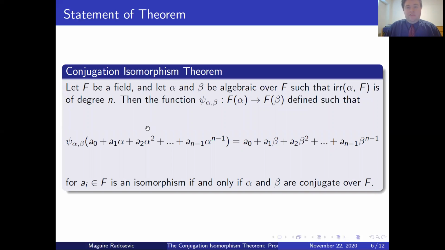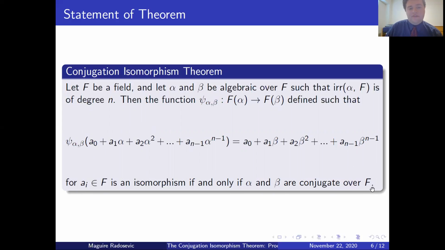Now here is the statement of the conjugation isomorphism theorem in its simplest terms. We have F that is a field, and we have alpha and beta that are two algebraic elements over F. We say that the irreducible polynomial of alpha over F is a degree n polynomial. And this function, psi sub alpha beta, which maps F adjoint alpha into F adjoint beta, defined in this way, I'll come right back to it and explain it, is an isomorphism if and only if alpha and beta are